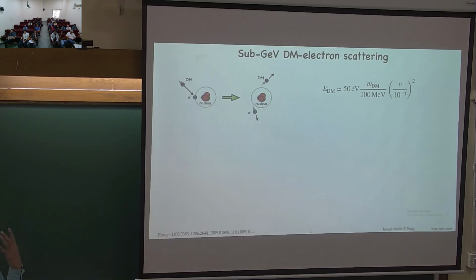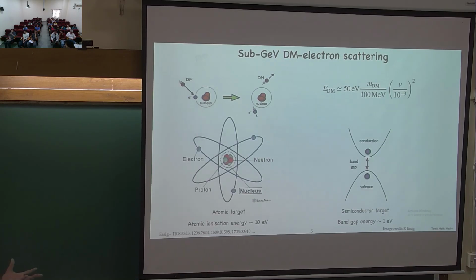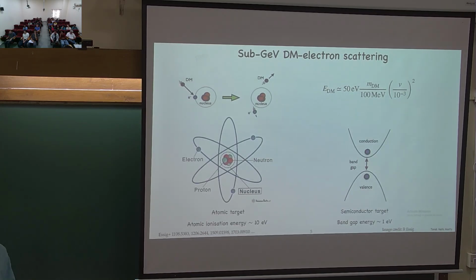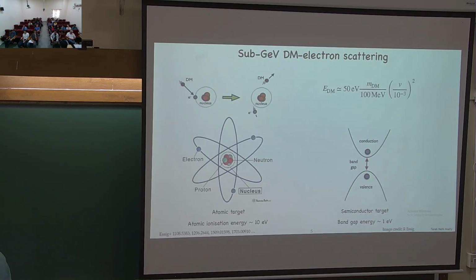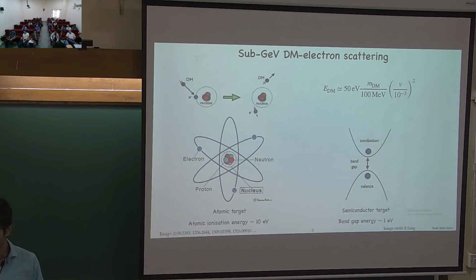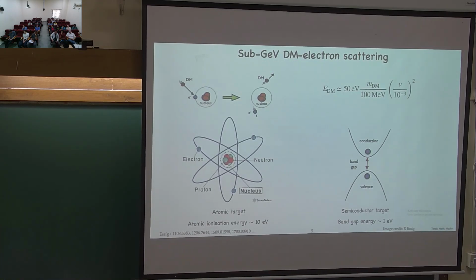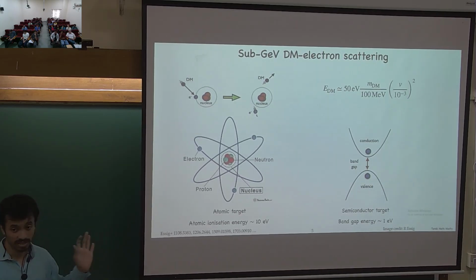Now if you have 50 eV of energy, even through elastic dark matter electron scattering, if you transfer even a fraction of it, you could ionize the electron from the atomic state, because atomic ionization energy is around 10 eV or so. Or you can transfer an electron from the valence band to the conduction band. In a proper theoretical calculation, you need to take into account the ionization probability and how much energy you are transferring given the elastic scattering. We do take all these things into account, but the idea I'm trying to give here is that you could in principle observe dark matter electron scattering utilizing this phenomenon.